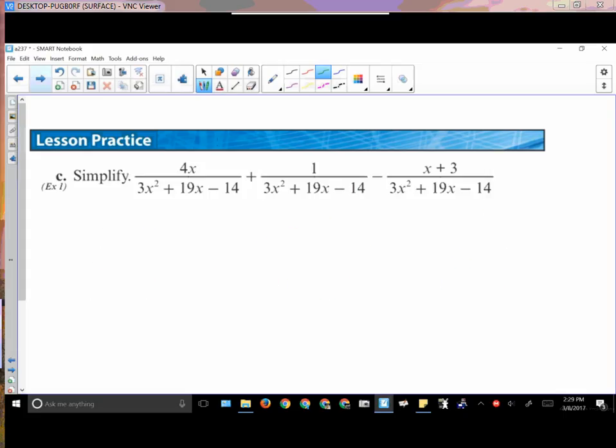Okay, here's one more. Give you a minute or so on this one. Here we go. When we look at this, we see that we have a common denominator, 3x squared plus 19x minus 14. Okay, so it's all the same all the way across. What about the numerator? Well, we have 4x plus 1